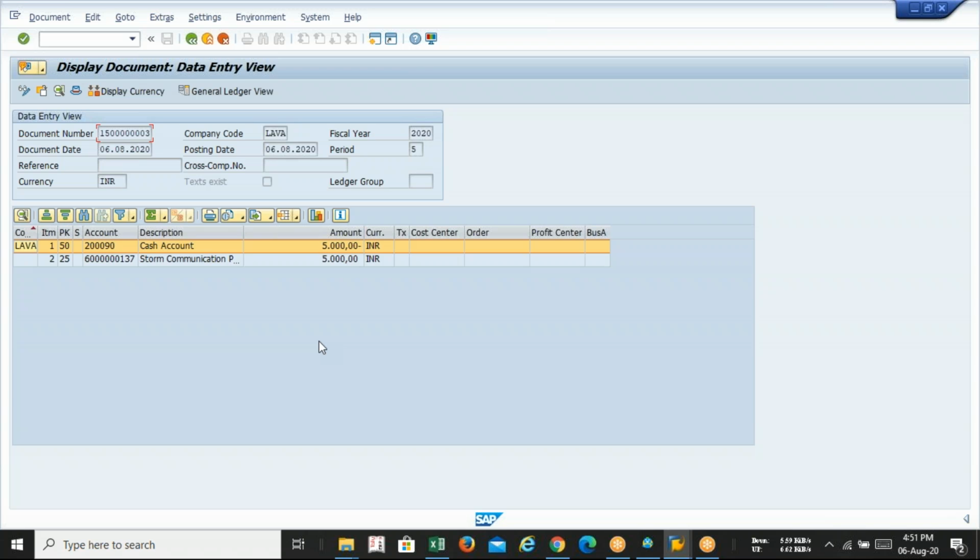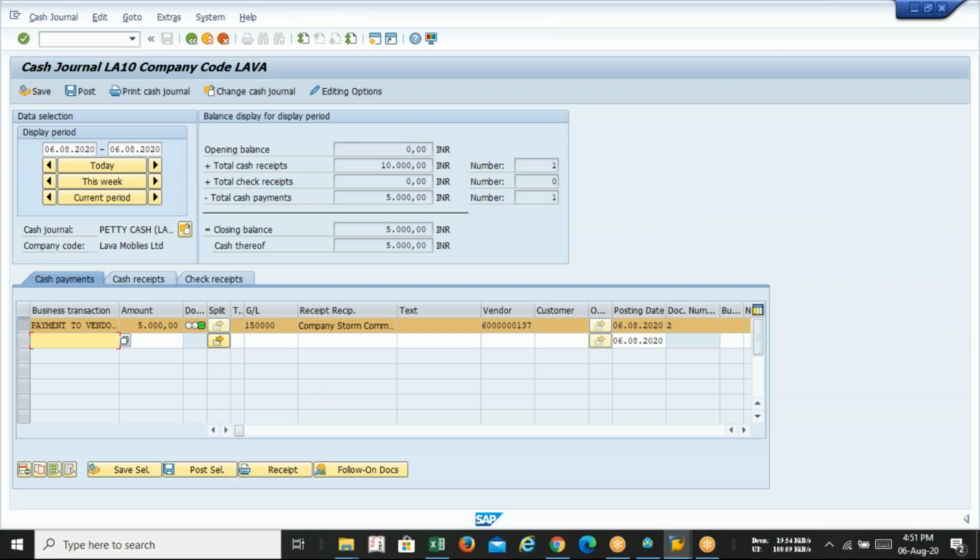If I talk about the consultant, and if I consider the end user, the end user will not bother about that. End user people just follow these steps. They don't bother about the GL creation, this configuration, and nothing else. They simply start with FBCJ and proceed with the transaction. That's it. But we, the consultants, know how to configure all this for our company code. So today we have finished another configuration, the cash journal in SAP FI. It is very vital for petty expenses. So please remember every step.